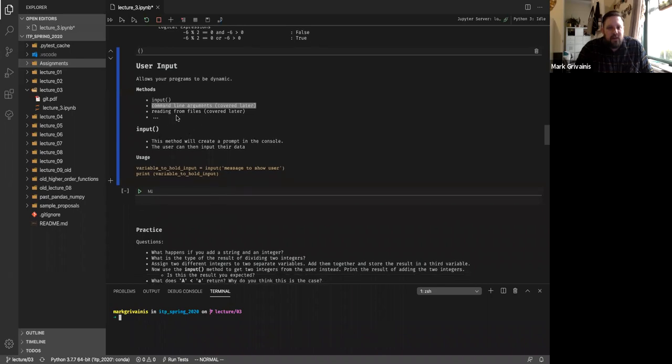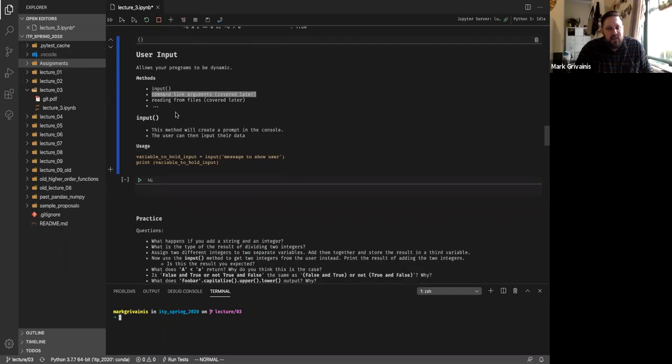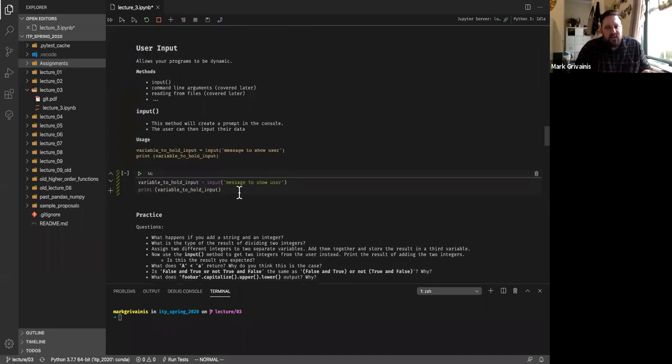So what input does is it will just prompt the user to input a value. And it's a pretty easy function to use. The way you use it is you just call the function input with the message you'd like to display, and you assign the result of that to a variable. So in this case, if we put this in and we run it,